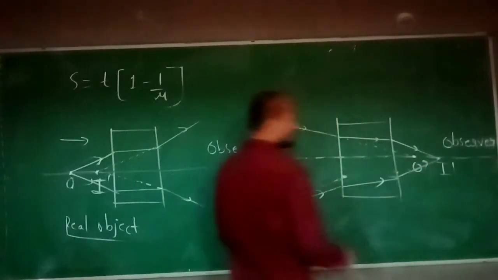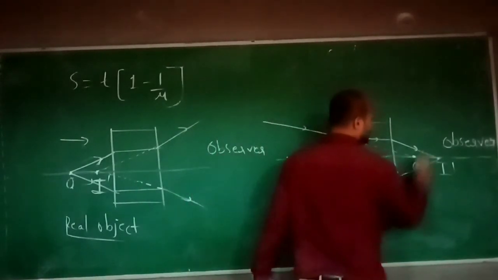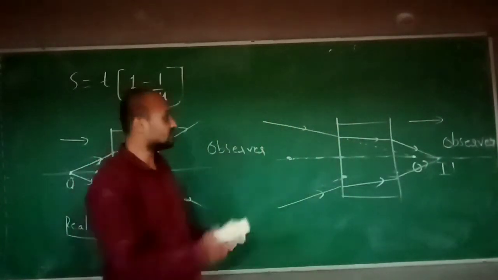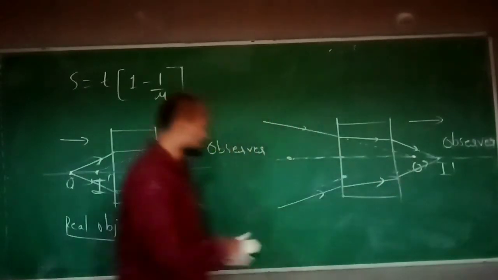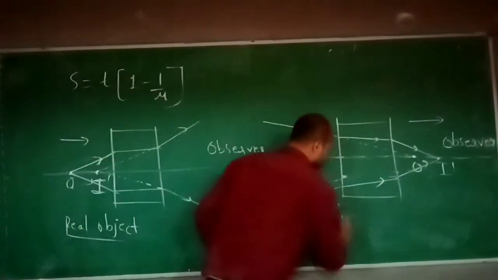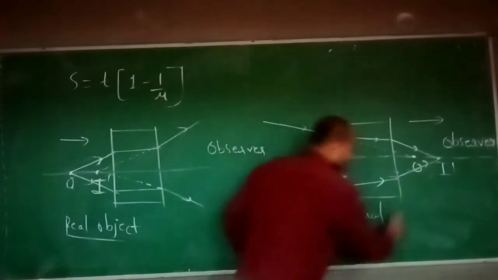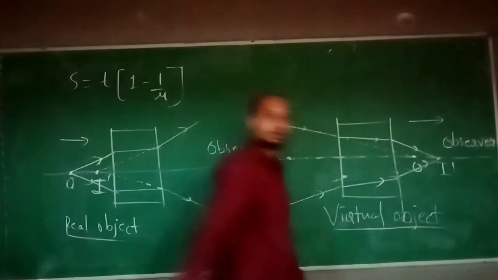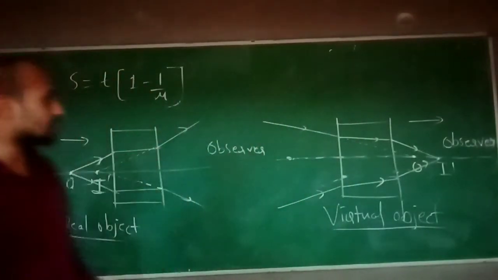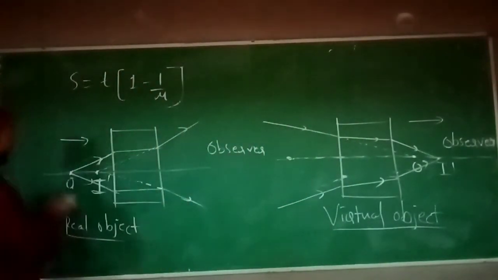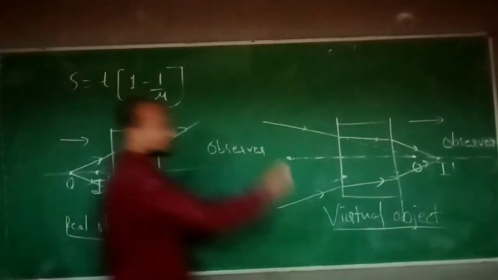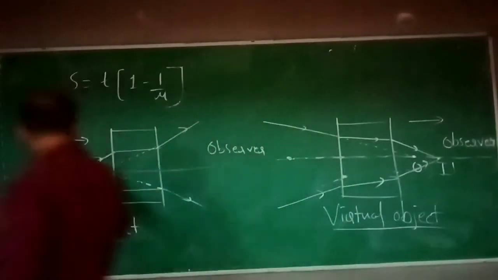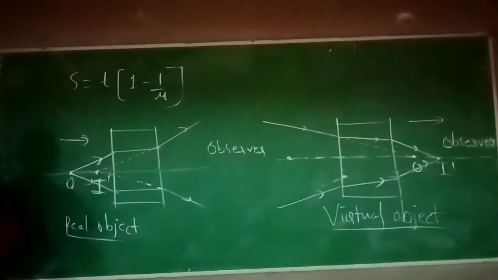Are you understanding? So, the final image shifting also happened in this direction. Even though the object is virtual, this is a virtual case, correct now? Here is the virtual object. This is the virtual object. So one thing you can understand here: even though real object, even though virtual object, observer is here, after passing through the glass slab, the shifting is happening.